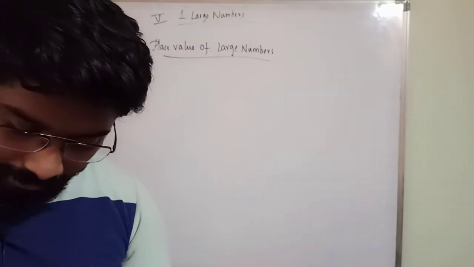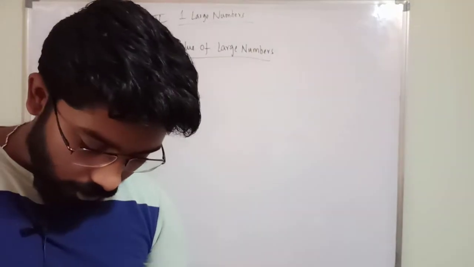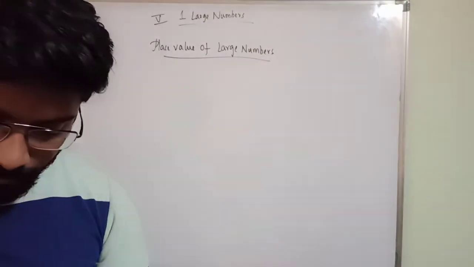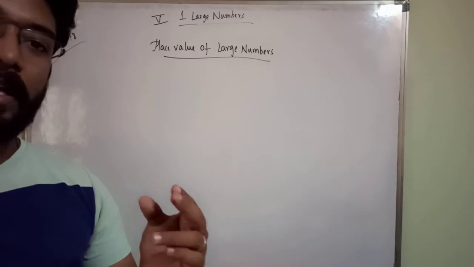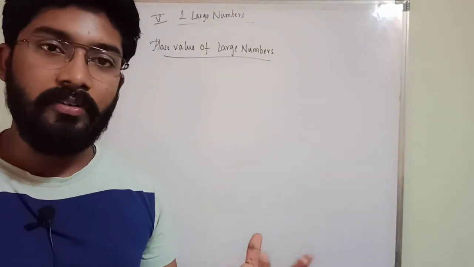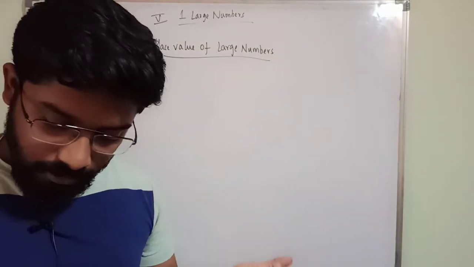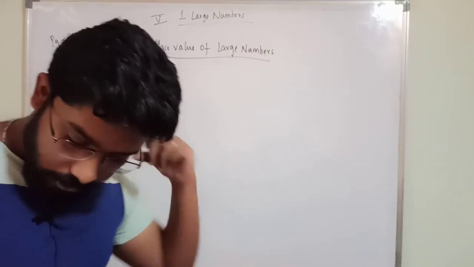So here let us see. Here he has given one problem. Find out which period the digit 2 belongs to in the numeral 83294603 according to the Indian and international place value systems. So you have to find out the place value according to the Indian system and international system. So let us see.